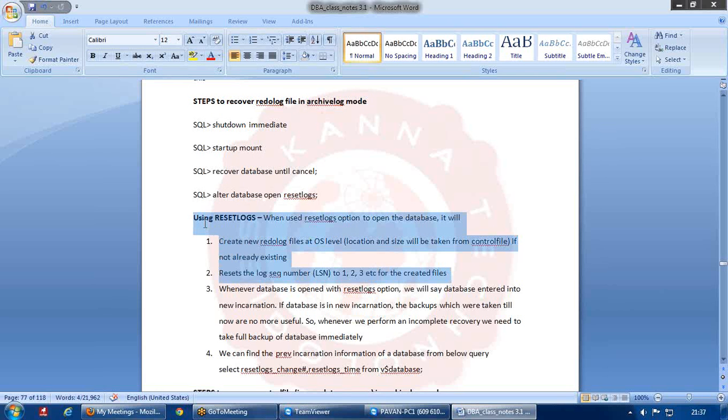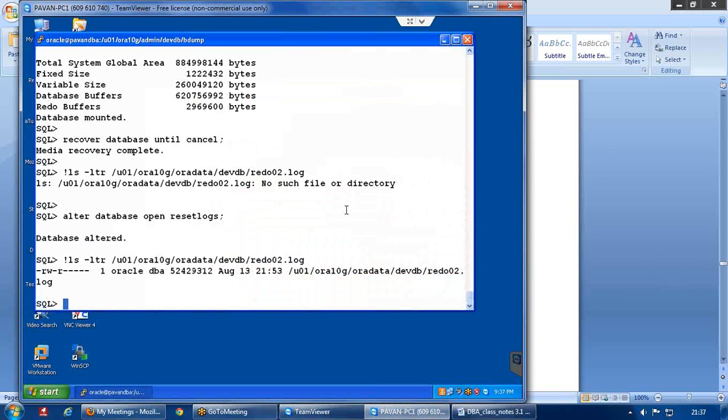Read the first 2 points, which say when we use the reset logs option, the database will be opened, and the first point says it is going to create the new redo log files at OS level. For that, the location and the size it is going to take from the control file, and not only that, it is going to reset the log sequence number for the created files. So that means